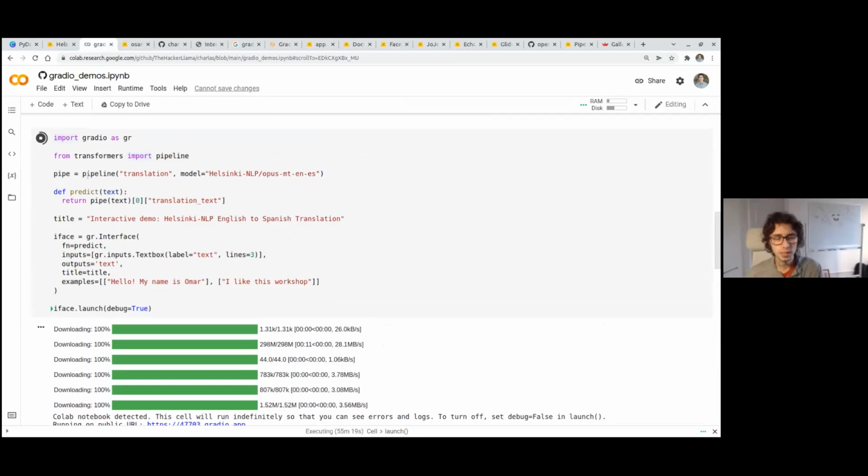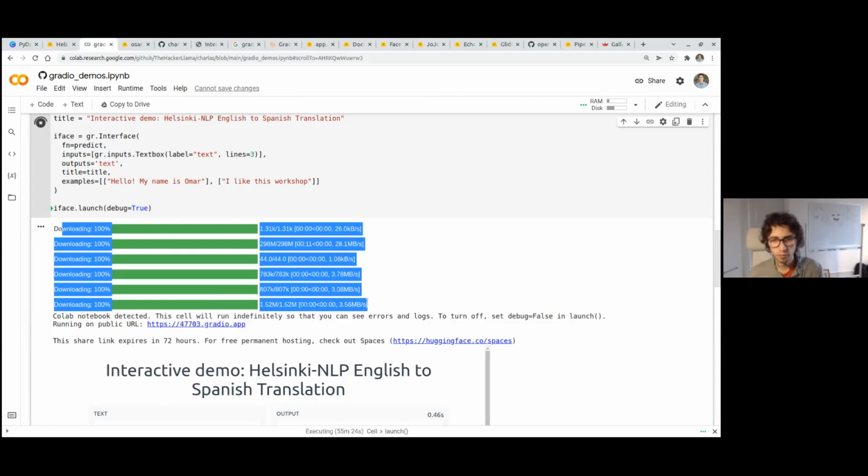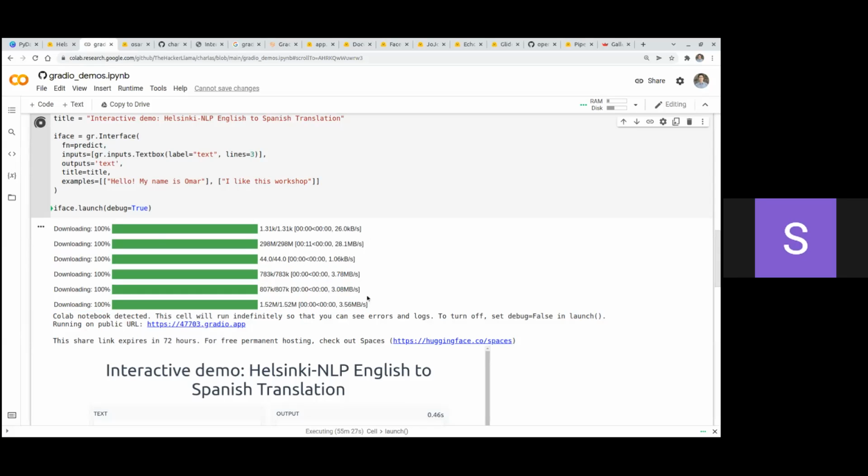So the first time I'm running this, it takes a bit longer because it's downloading the model, right? It takes a few seconds downloading the model, but this is only the first time ever that you click submit. If it's tomorrow or one week goes by and your demo is still working, and someone goes there and clicks submit, it will already be faster because the model is already loaded in memory. So it's because it takes some time loading in memory. If you're using the Inference API, which I was showing you before, it can also take a bit because, even if it's HTTP code, our servers still take a bit of time loading it.